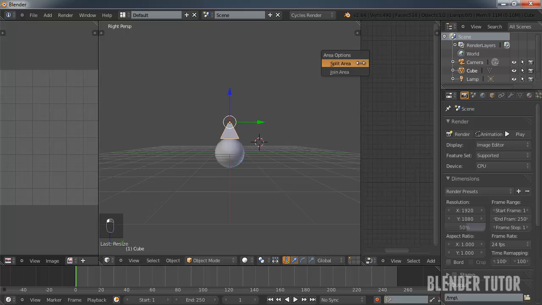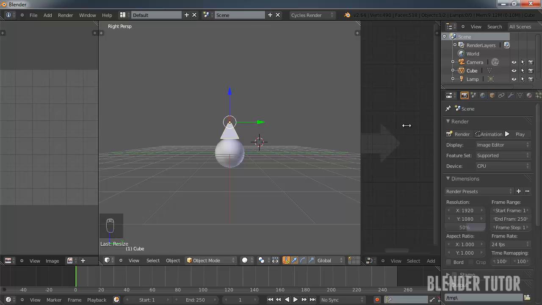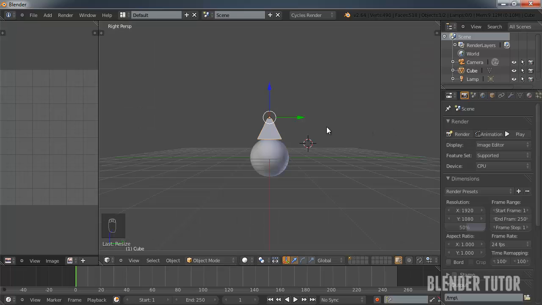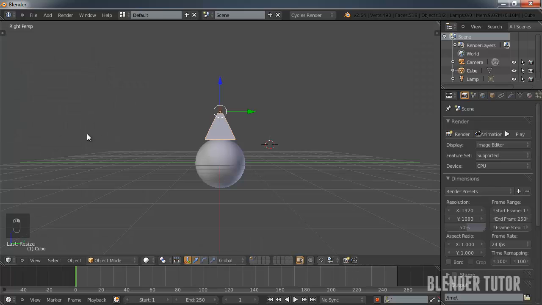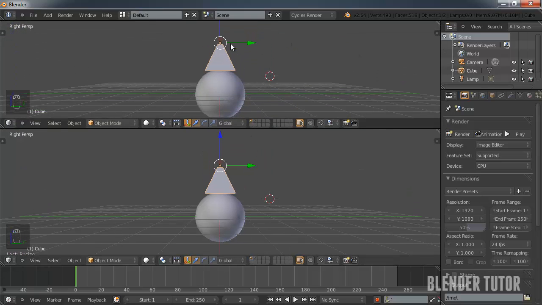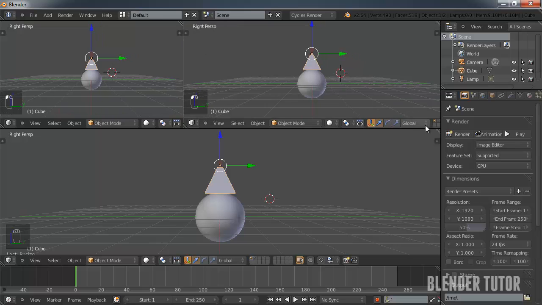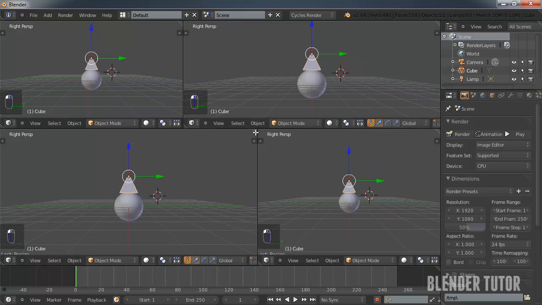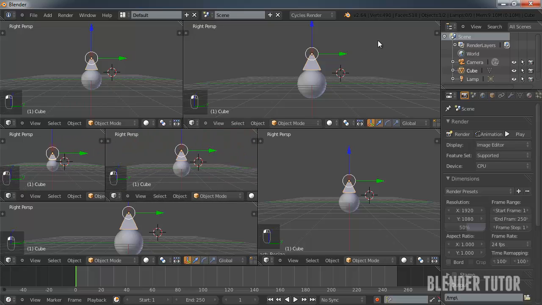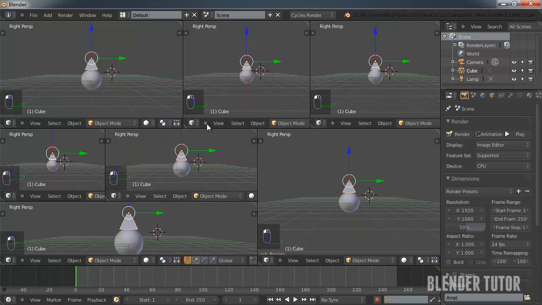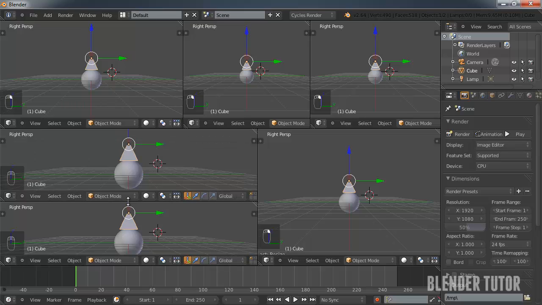And then if you wanted to join these back together, you can just right click on the line when your cursor changes back to this. You go to join and even select which one's going to join. So I want to keep the 3D view, so I'll go over here, do it again, move it like that. And you could also do it horizontally or vertically, not just horizontally. And you could really just keep on dividing these. It's pretty crazy how insane you can make your layout. It gets a little overwhelming at a certain point, but it's nice to have the option at least.